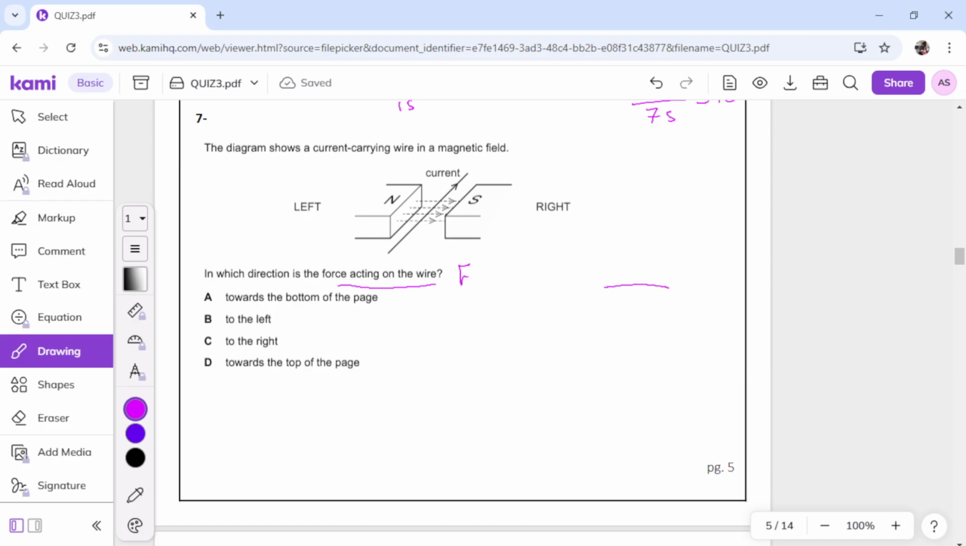So your first finger points from N to S, the magnetic field. And your second finger will be the current. So your thumb will be what? The force direction. So the magnetic field is from N to S and the current is in this direction. So if you use your Fleming's left hand rule, it will be downward, to the bottom of the page. Okay? Now let's move to